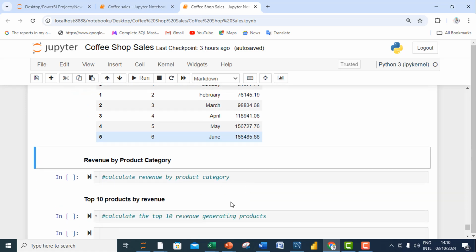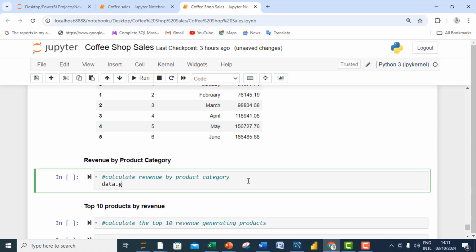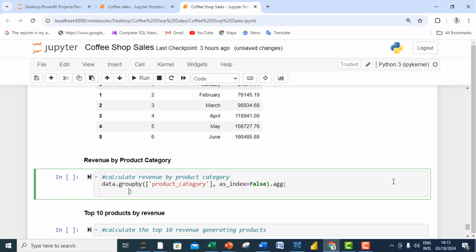So next, we want to find the total revenue by product category. We want to see which product category generates the most revenue. So we group our data by product category and sum the revenue. Our data dot group by, we are grouping by our product category, and we don't want this column to be our index, so as index equal to false, then we are aggregating, calling the result the total revenue,